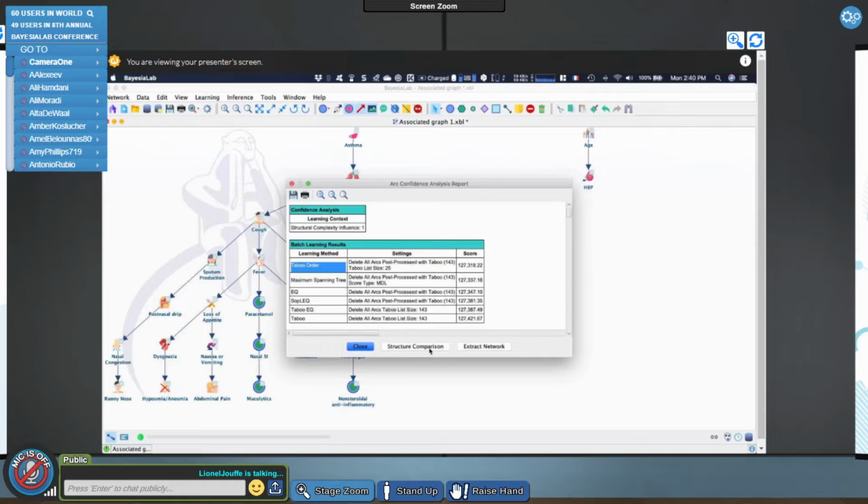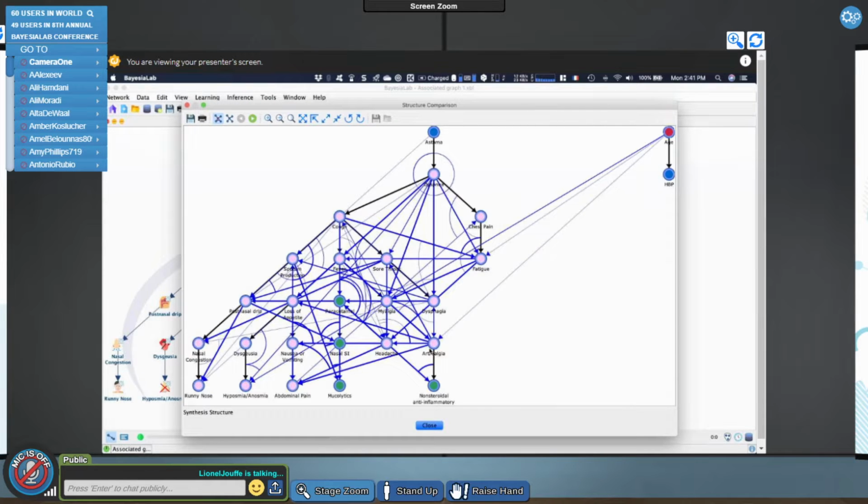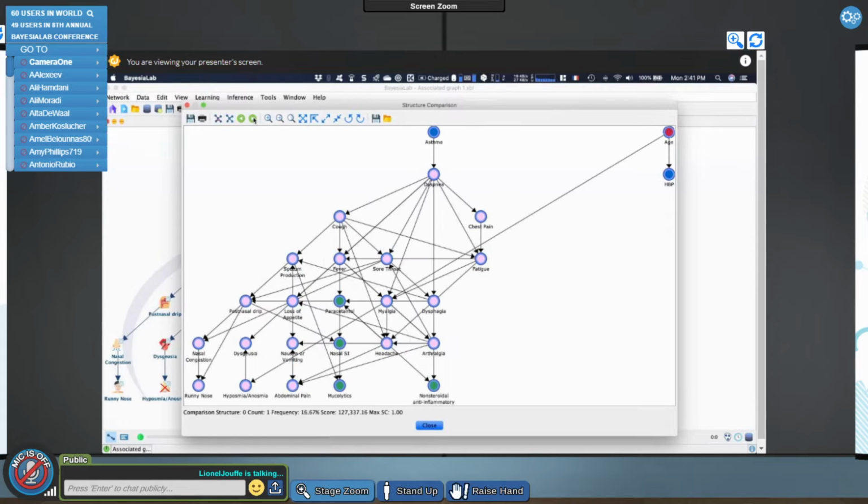But then we can also open the structure comparison. This is not a Bayesian network here. This is for summarizing all the networks we have learned during this batch. And then I can go through by using, as usual, this icon. I can go through all the networks that have been learned and select the one that has the lowest MDL score, so the best one, the one obtained with Taboo Order. And either I remember that and I can relearn Taboo Order from scratch, or I directly open the file and now I have the result.